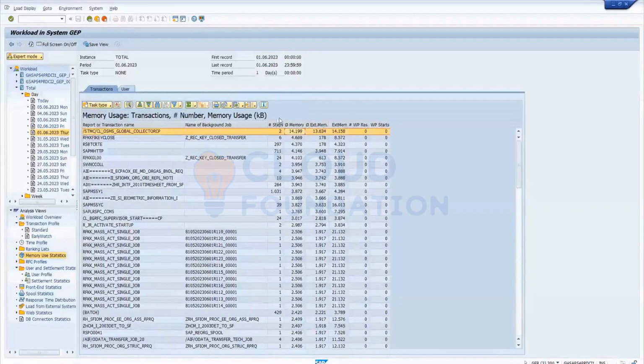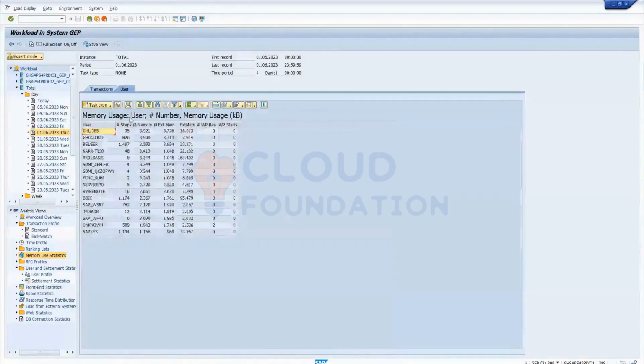These are the transaction codes. There is a user tab next to this one. Which user is consuming how much memory? You can see here who is consuming how much memory on that particular day.